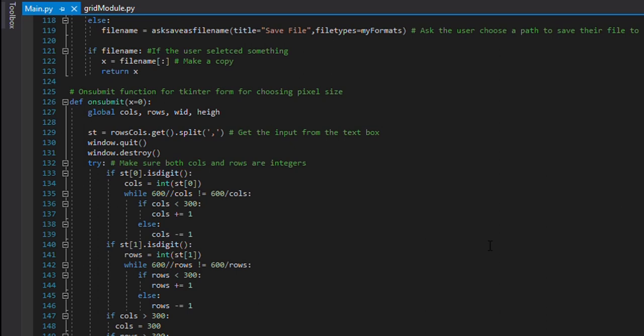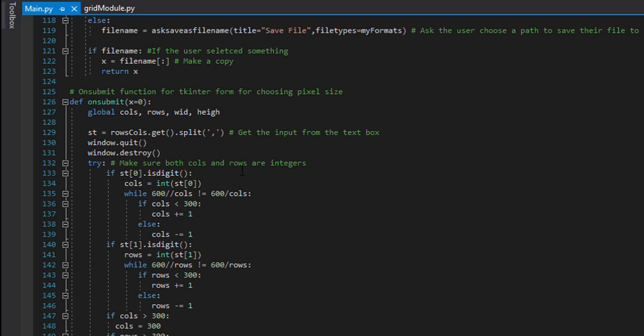Now another function that I have made is the on submit button. What this function does is choose the pixel size. When we open the file, it sees the size of the pixels that we have saved in the file.